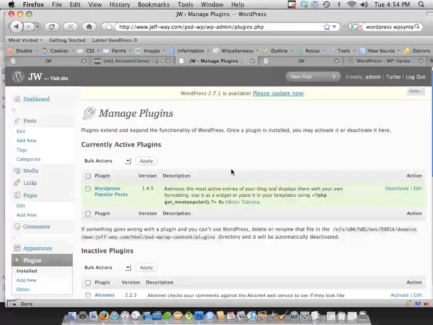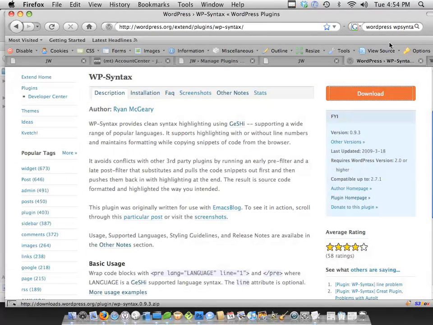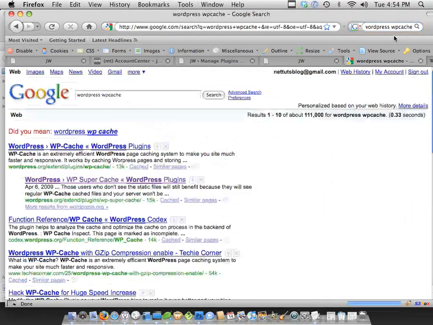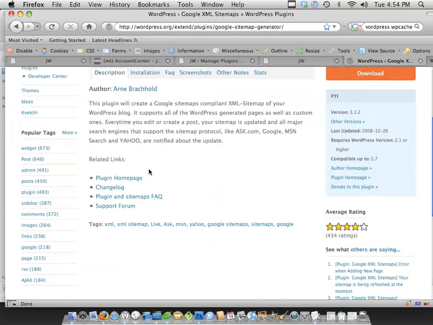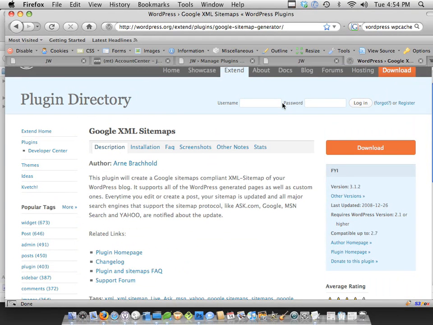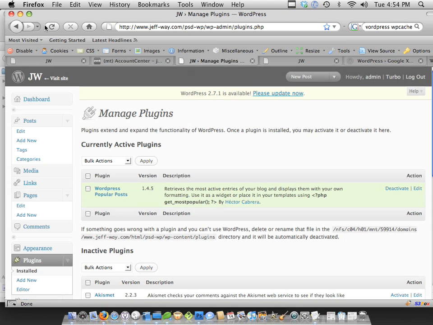And I suppose we need to give that just a moment to finish loading. While we're doing that, another one you should get, there's actually a bunch of plugins that you should consider getting. One of them is WP Cache. Right there. So I'm not going to do that in this lesson, but you should get that. There is another one called Google Sitemap Generator. Sitemap, let's see if we can find that. Yeah. Google XML sitemaps, that will generate a sitemap of all of your postings. And really there's a bunch. Check out net.tuts+, and we have a lot of postings for WordPress plugins that you should install, as well as